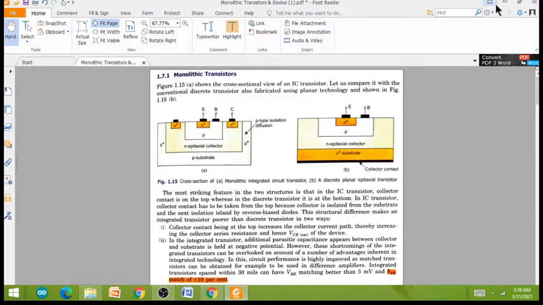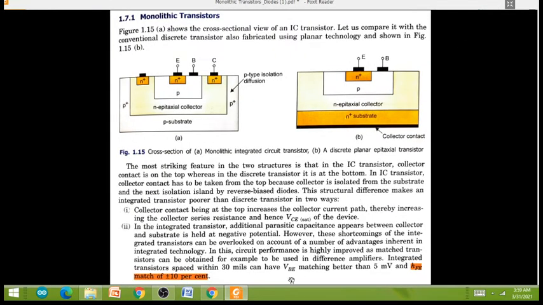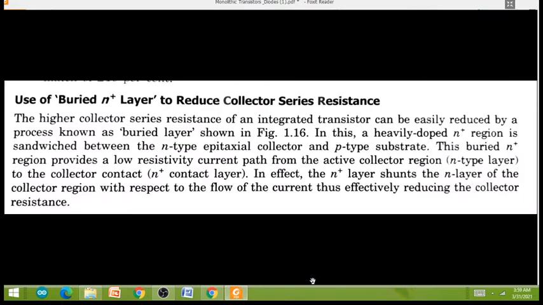So this is how you can observe, and see VBE is matching better than 5 millivolt. So the difference between a two transistor VBE, even it is less than 5 millivolt, and therefore it is a fantastic output, or most synchronized output will be observed in case of the IC based ट्रांजिस्टर में।